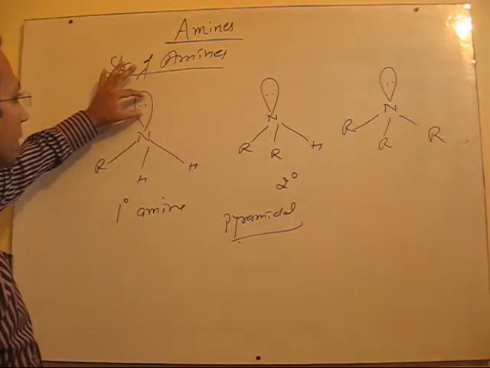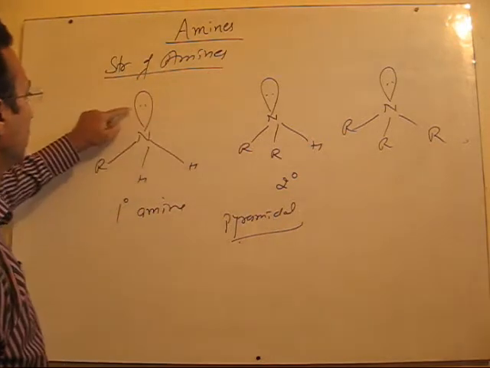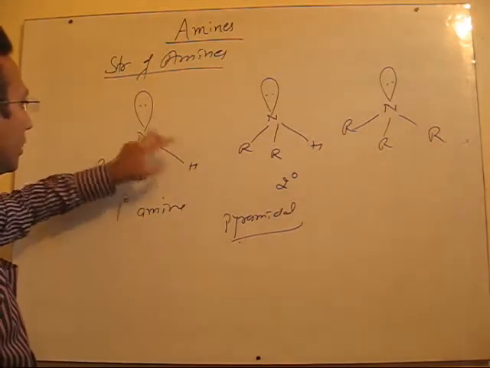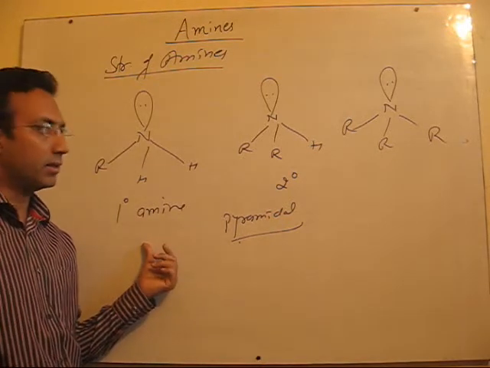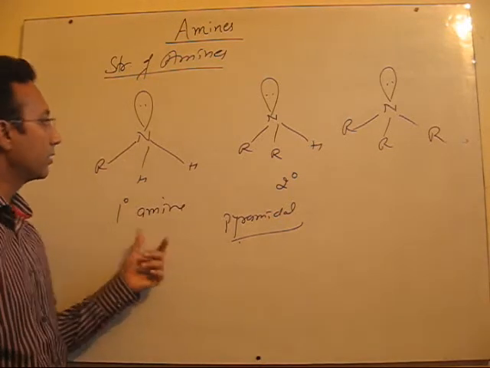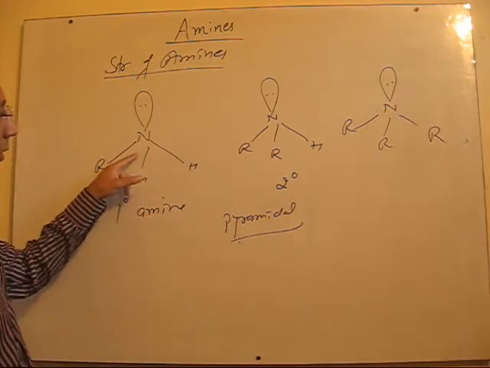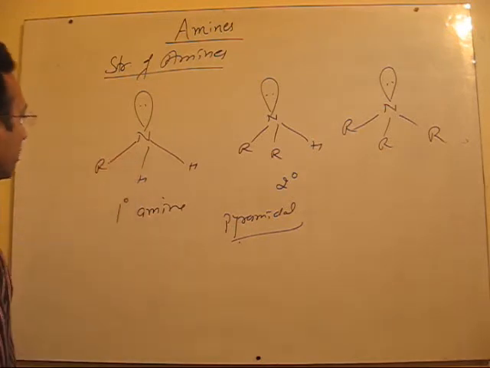But again, due to presence of lone pair, there is lone pair bond pair repulsion. Hence, the bond angle is not the standard tetrahedral bond angle, but it is somewhat larger as compared to that